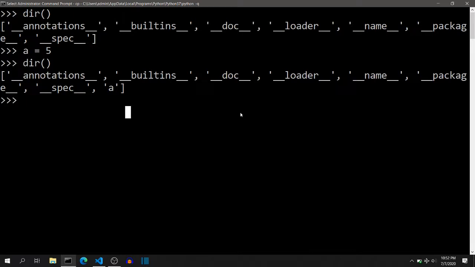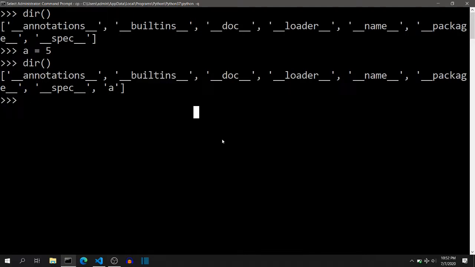Now you might wonder where all the built-in functions are, because they are also available in this code. If you see here, there is a module called builtins. So when we call a function like the dir function or any other built-in function, Python first checks whether it is present in the local scope, and if it is not, then it will check inside the builtins module. That means you can easily override the functionalities of the built-in functions.